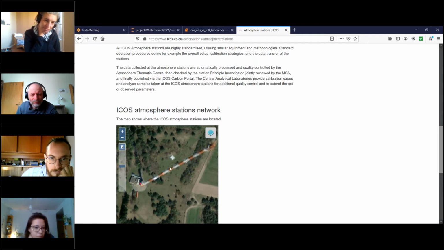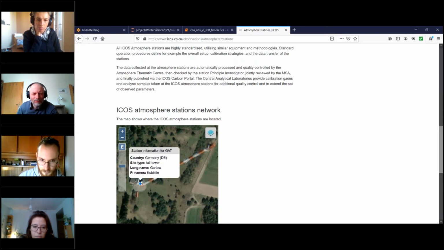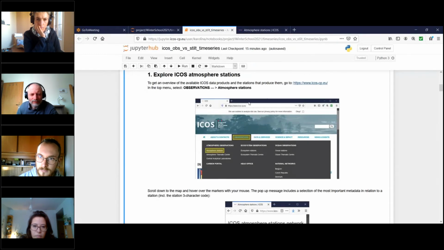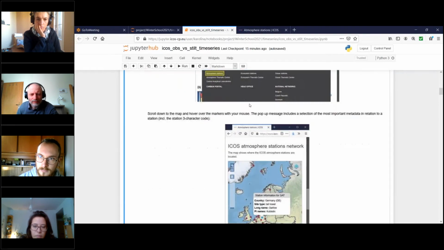And the measuring instruments are then positioned at different height levels of this tower. We are going to take data at 340 meters approximately above ground level, so near the top probably of this station. And we see the name of the station PI. So if we now go back to the notebook,